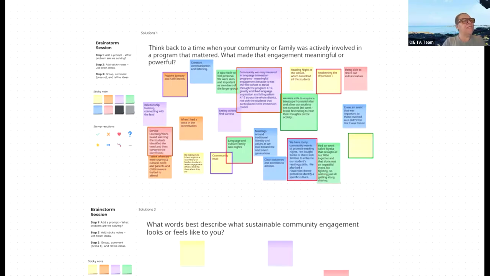Yeah, a lot of times in education and in any kind of program, we think about relationship building only between human and human, right? Not necessarily with the environment, which is such a native perspective.